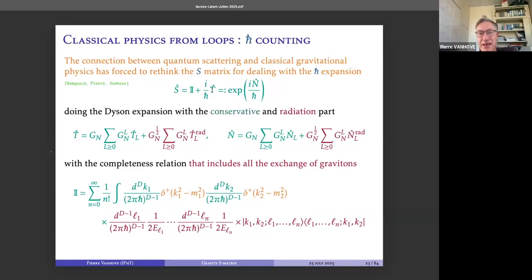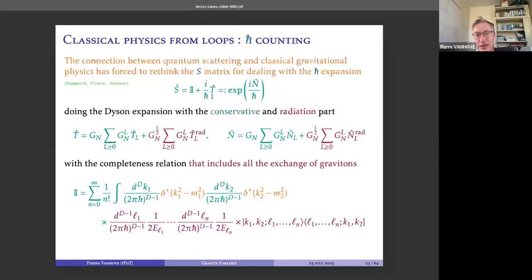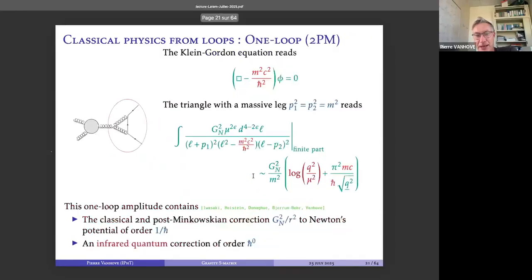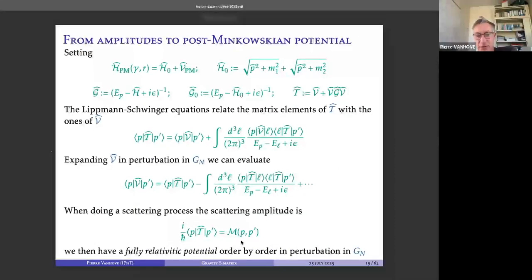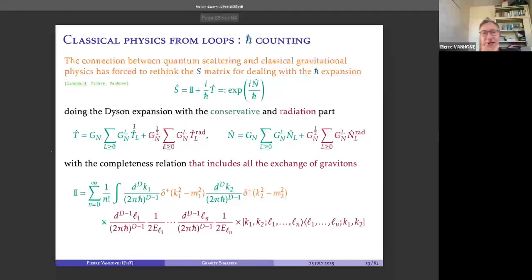Okay, so T here. The vacuum expectation values of T give you M, okay? So essentially, T to some order in perturbation, so this T here, gives me this M, from which I want to extract the 1 over h bar here, okay? And then from the M I get the T, from the T I get the V, and from the V I get the Hamiltonian, okay? So this is a bit of a... So the thing is that,